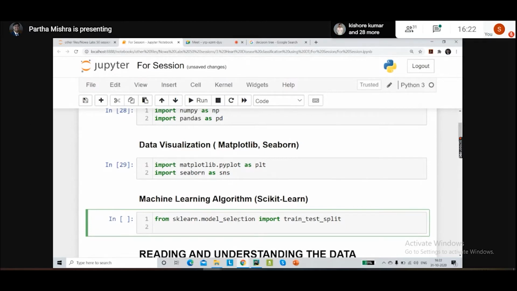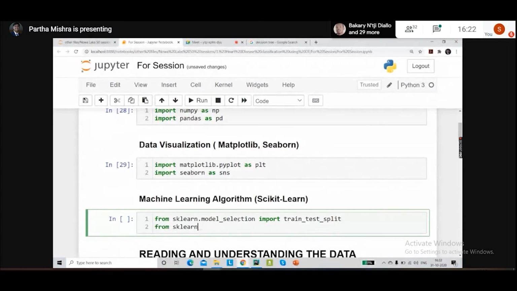Second thing, what we want is the decision tree algorithm itself. So since this is a classification problem, we are going to classify whether or not a patient has a particular heart disease. So we are going to use something called a decision tree classifier. Okay. So we need to import that particular classifier from scikit-learn.